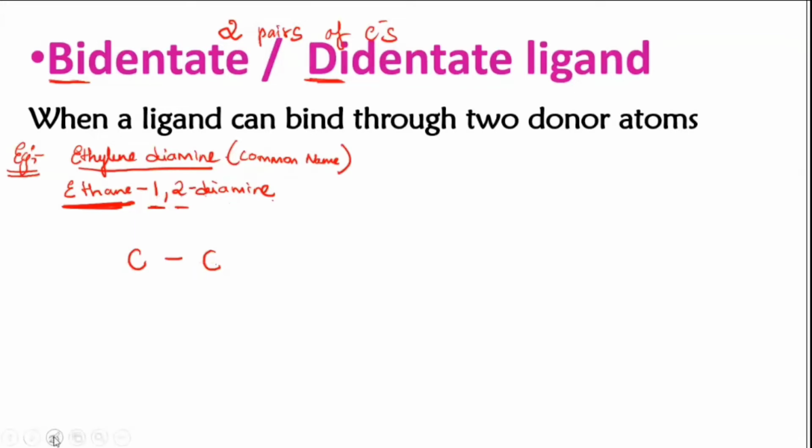See here, first position and second position. I will label this because we have only two carbons. So first I will label this as 1 and this one as 2. So in the first position there is one NH2 group, and on the second position also there is one NH2 group. Understood? Diamine. Amine group is NH2 group. So at the first and second positions we have NH2 groups.